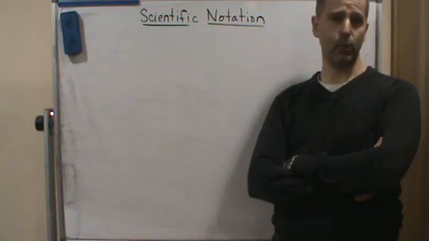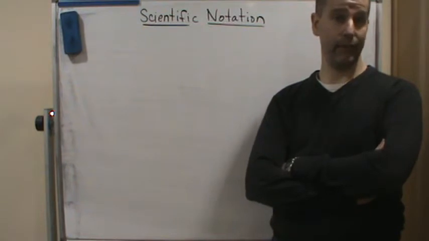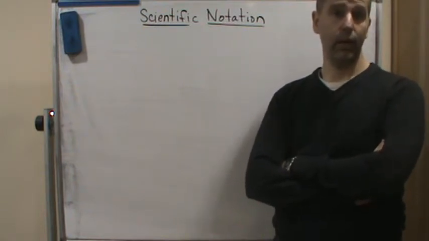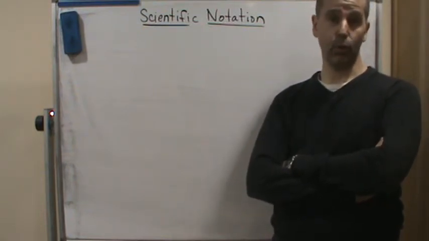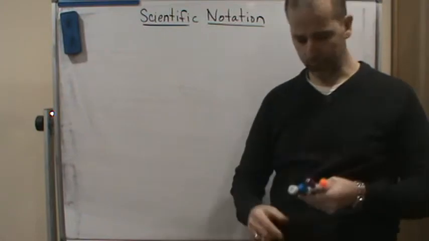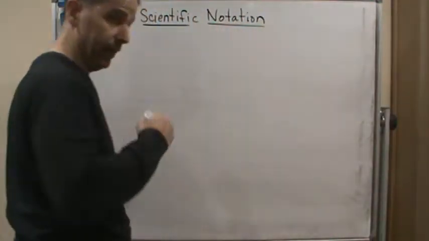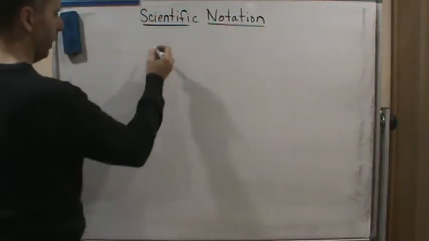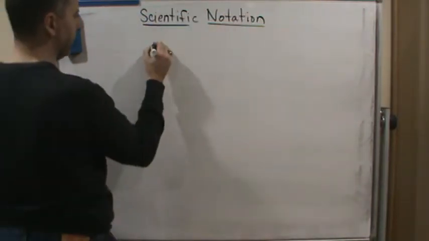Many different mathematical models in physics deal with things that are either very, very small or very large, like Avogadro's number, right? Or if you're looking at the number of moles, what a mole of a certain chemical is, okay? Or if you're looking at the speed of light, right? If we look at the speed of light in meters per second, just for example, the speed of light in meters per second is